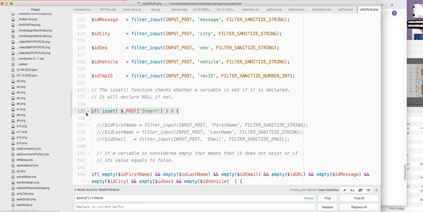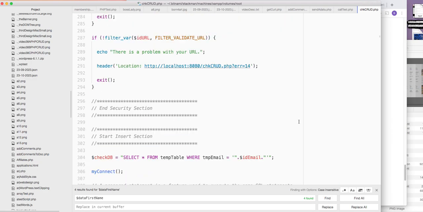It's the set. Remember I told you when you set something, it checks whether a variable is set, that is, declared. But if you go to the button down here,